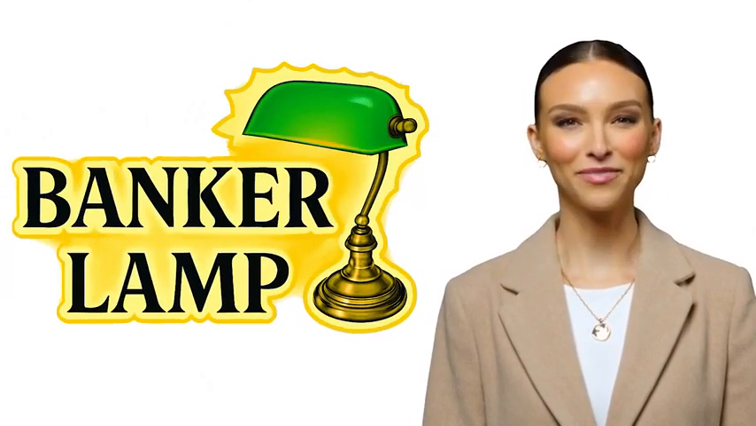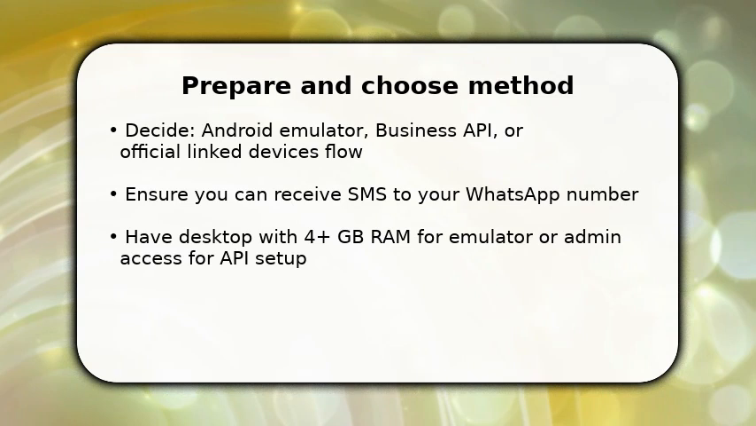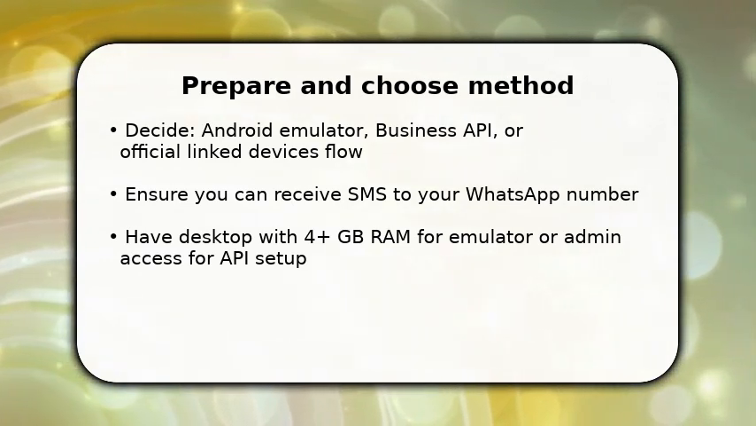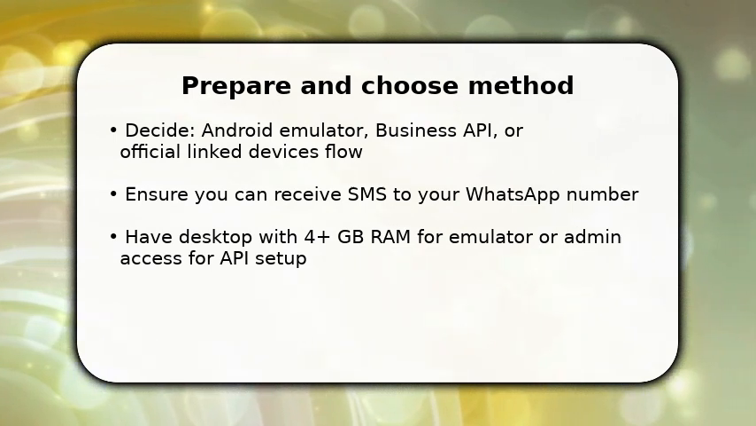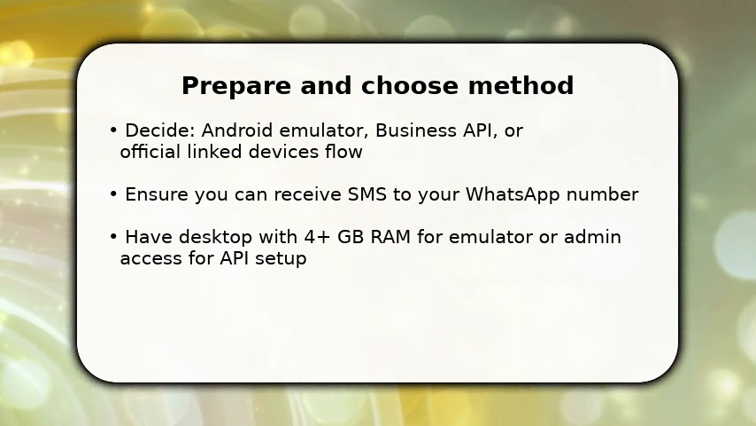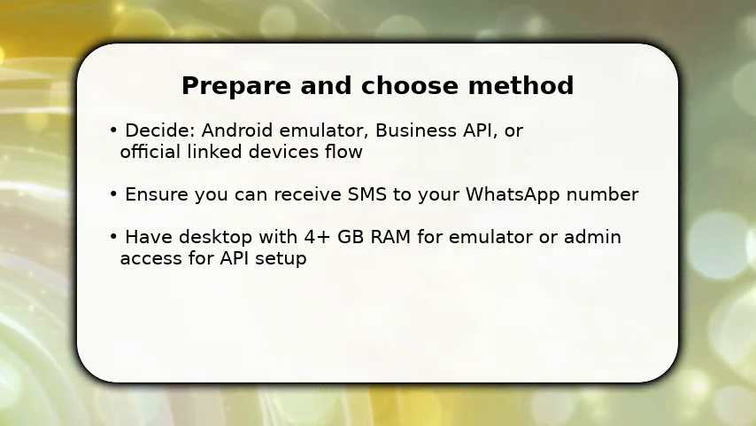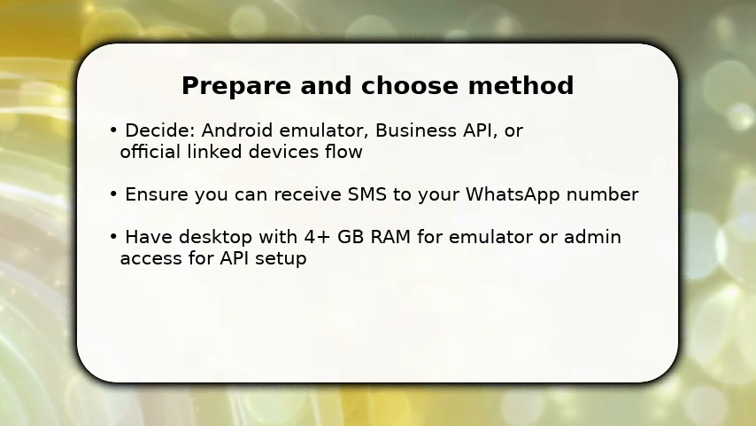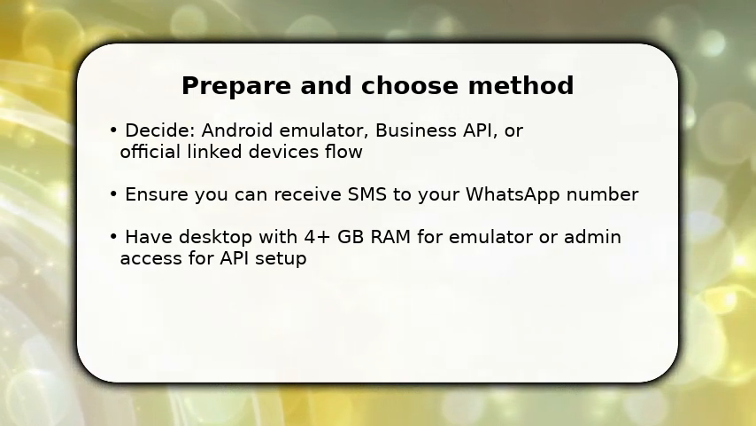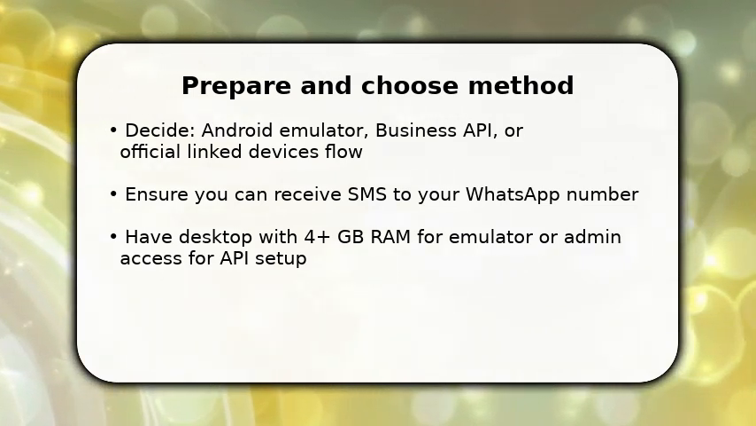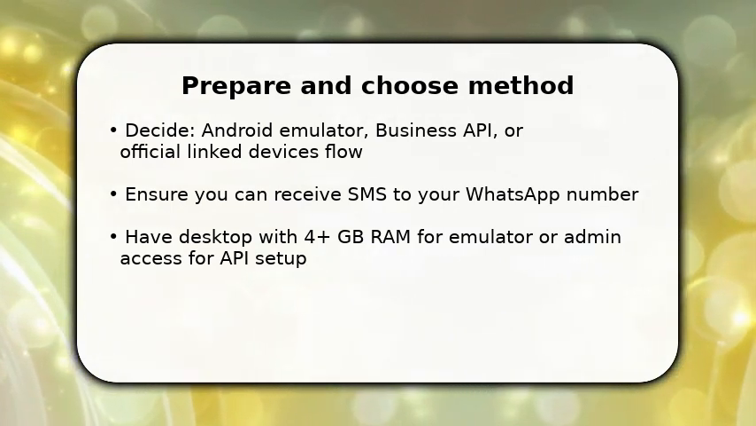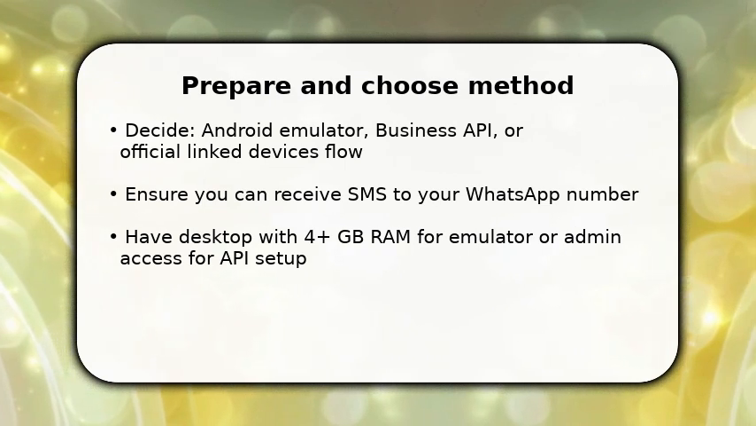Please enjoy the video. You start by choosing a path that avoids scanning, an Android emulator or an authorized business API. Once you pick one, make sure your phone number can receive SMS codes. That replaces QR verification. Install the emulator now or collect required business credentials. Make sure your desktop meets minimum specs and you have temporary admin rights. You do this because SMS registration proves identity directly, while the API is designed for non-interactive access for legitimate business